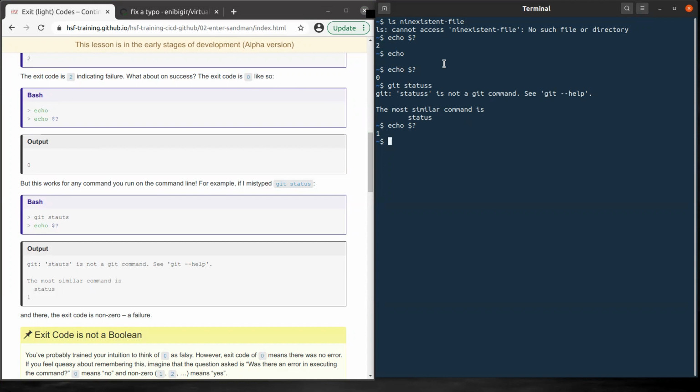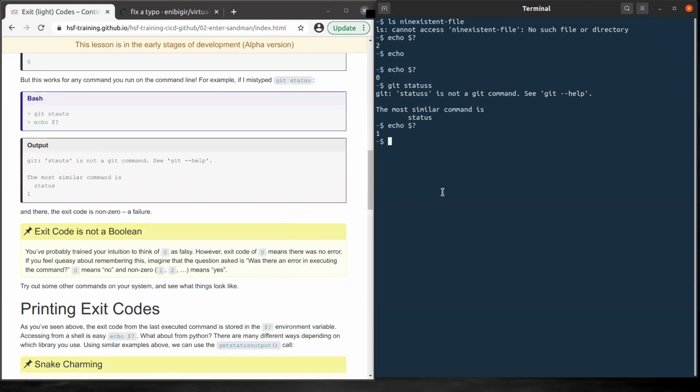It's just that 0 means there was no error, and non-zero, it can be 1 or 2 as we saw previously, means there was an error. What matters in that case is just whether there is an error or there isn't.